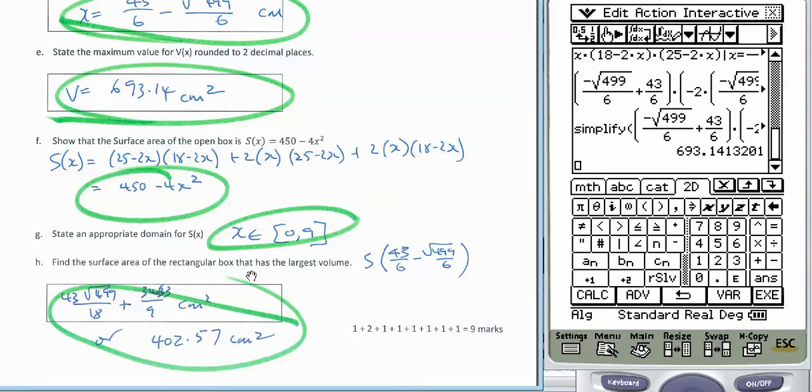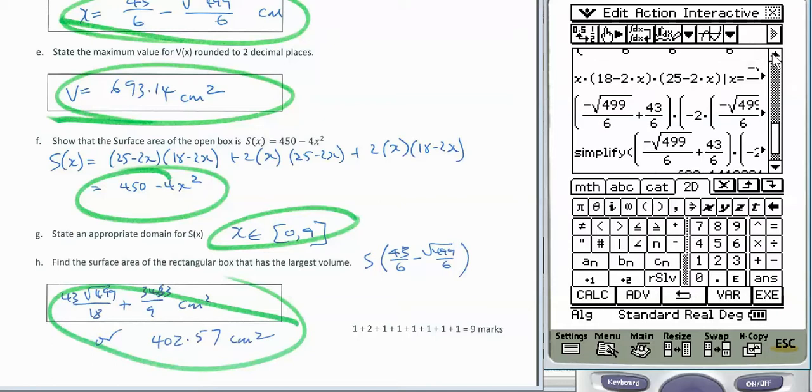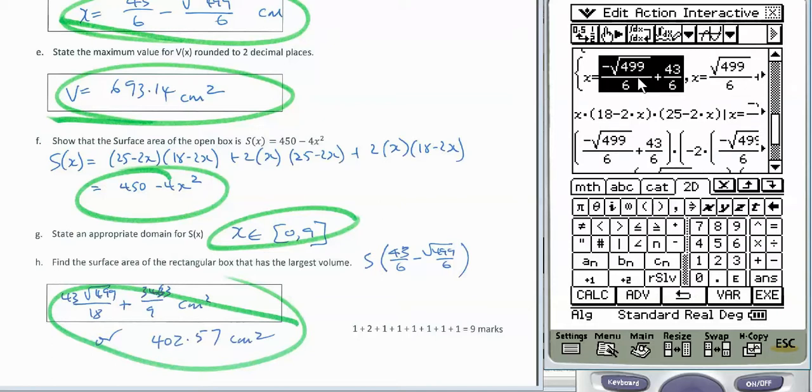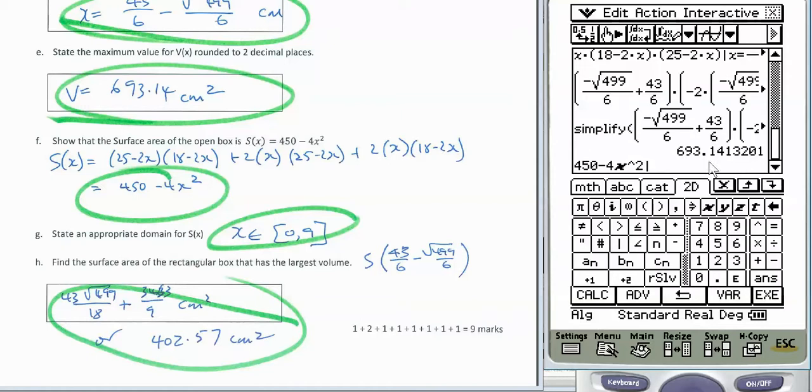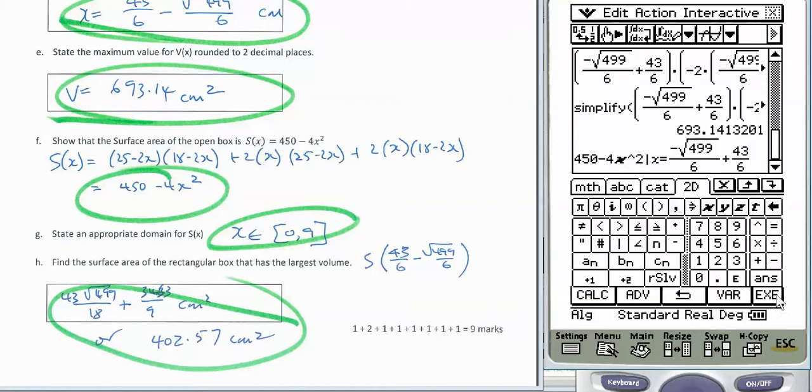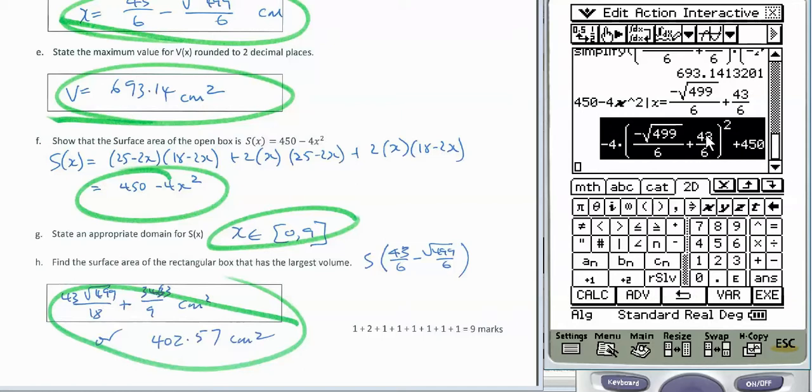And find the surface area of the rectangular box that has the largest volume. Well, I know that the surface area is 450 minus 4x squared, and I know that the largest volume is when x equals this. So when I go back up and find that x value, when x equals this, that's going to be the largest volume. So if I substitute for x equaling that into my surface area expression, that gives me my largest